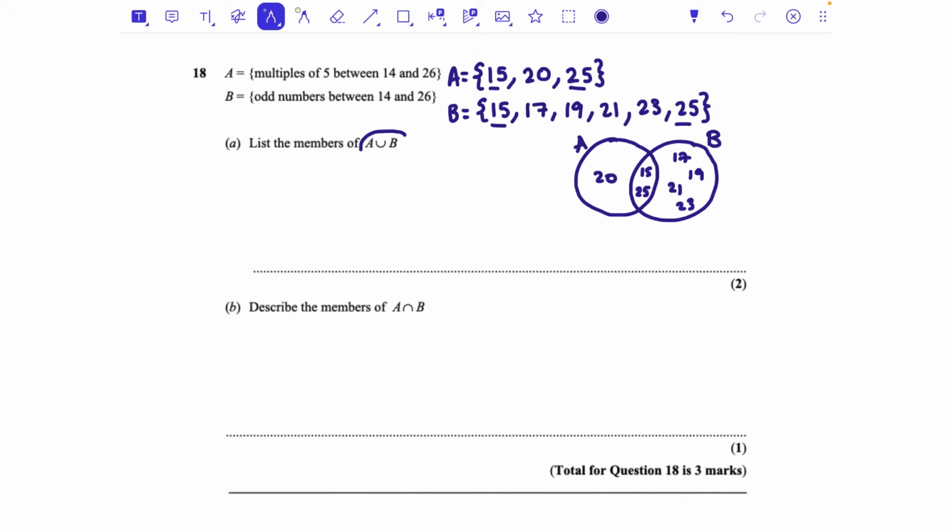You can be asked for this, which is called the union. So A union B is any numbers in either A or B. So if you imagine you have your two circles, you can select anything that's in any of the sections going across. If you're asked for A intersection B, then you're only allowed to pick numbers that are in that intersection,